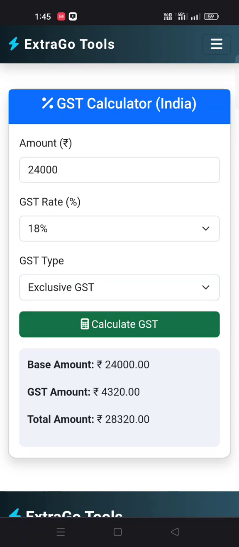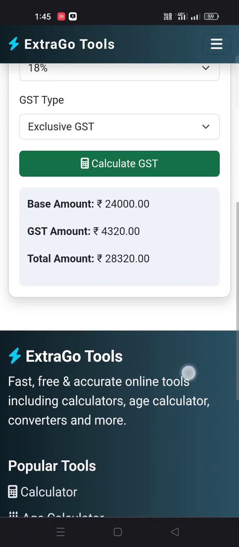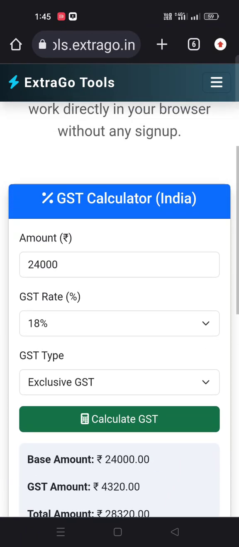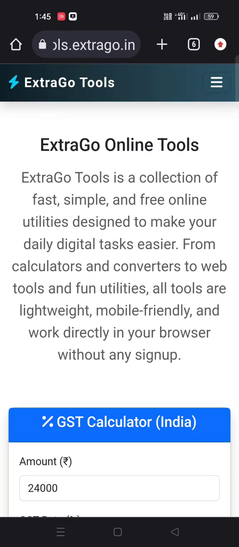Base amount 24,000, GST amount 4,320, total amount 28,320. Great, the best calculator ever, created in 3 minutes with the help of AI and ExtraGo. Hope you guys understand. Now let's fix the error.